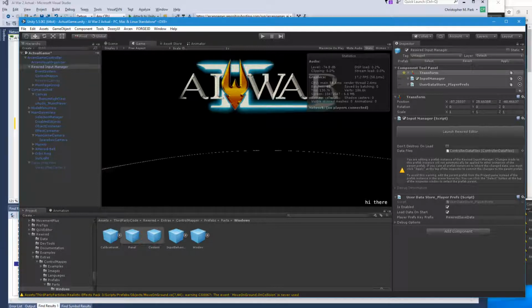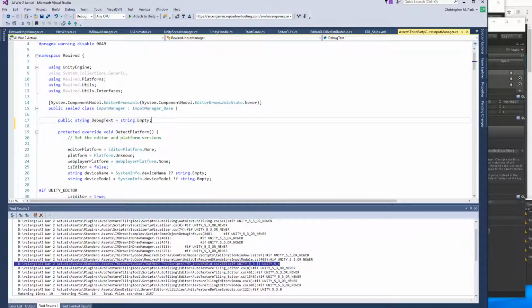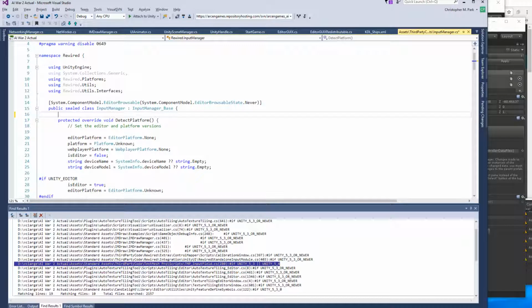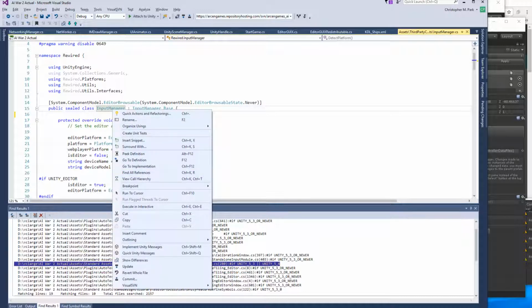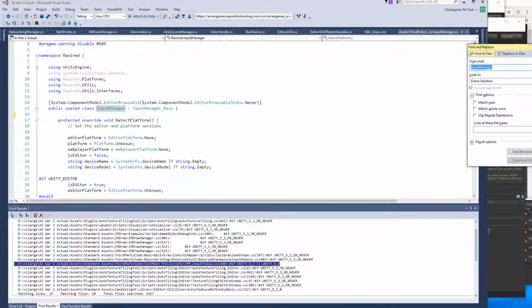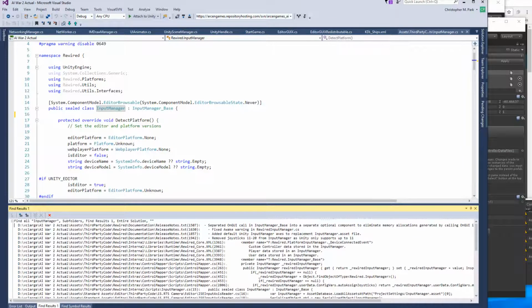When that finishes compiling, I should see debugText appear here, and suspense, boom, it doesn't show up. The reason for that is that this is not using the default auto-generated editor. Instead, it is using an editor class for the InputManager class or InputManagerBase, I don't know which. So I'm going to do a search for InputManager,